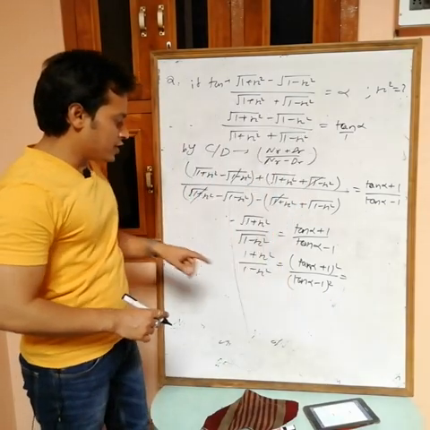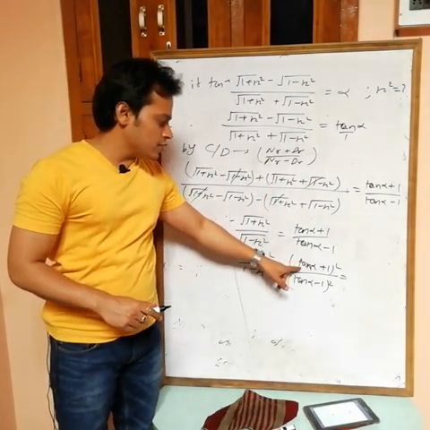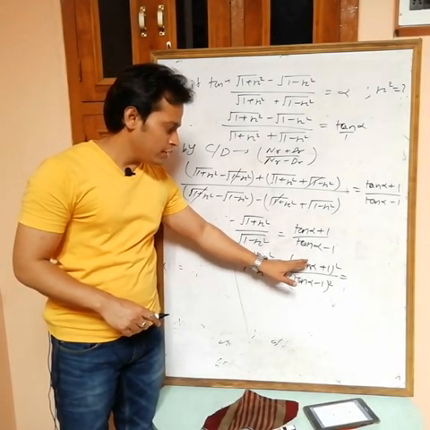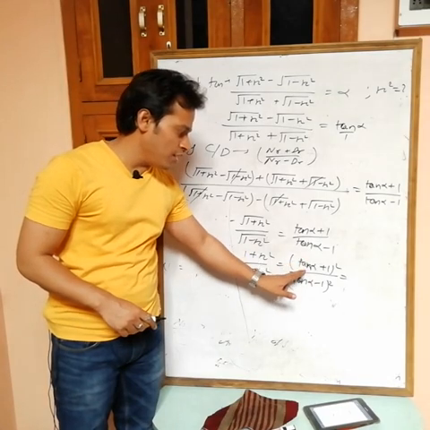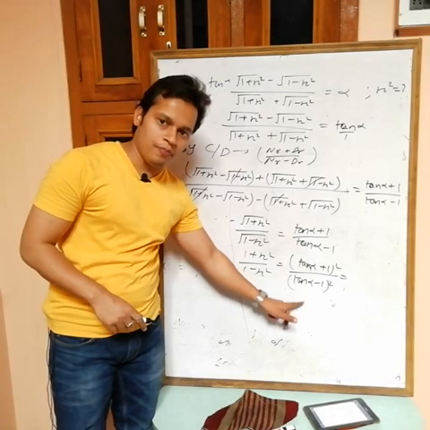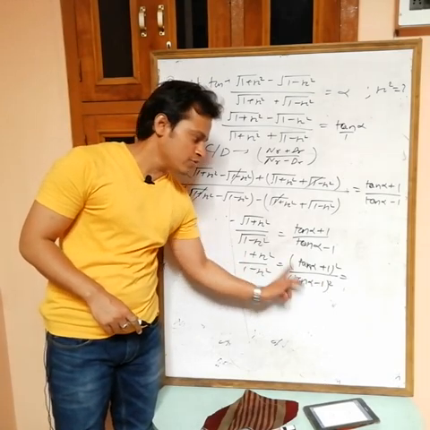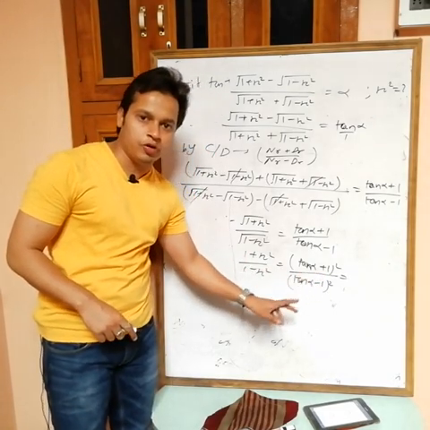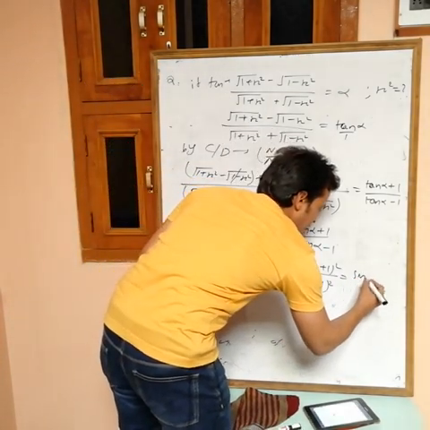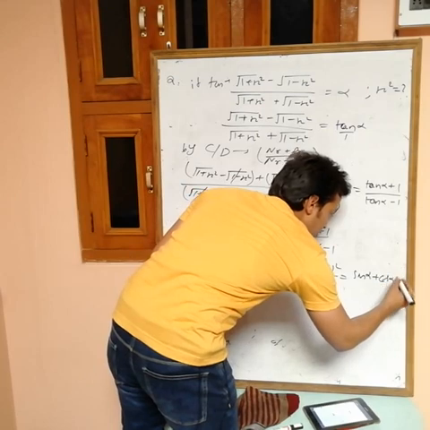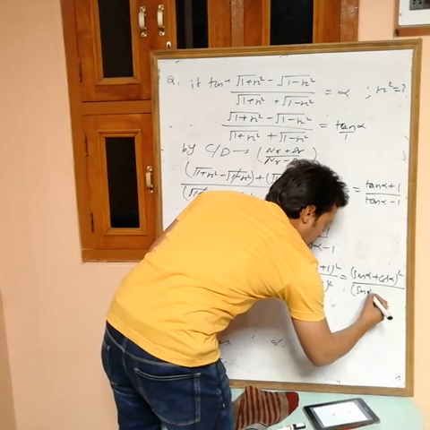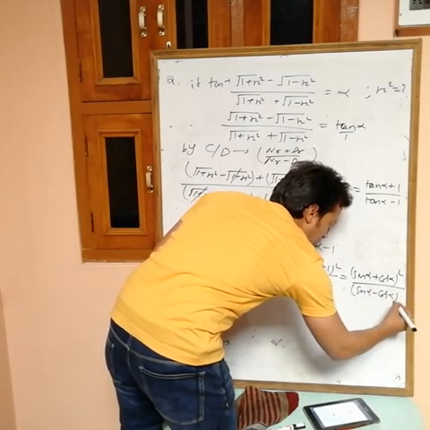Okay, now you want the value of x square. Now you can convert this in terms of sine and cos. Take LCM cos alpha: (sin alpha plus cos alpha) by cos alpha, and (sin alpha minus cos alpha) by cos alpha. Cos square alpha will be cancelled out in numerator and denominator both. So in numerator you will get (sin alpha plus cos alpha) whole square, and in denominator you will get (sin alpha minus cos alpha) whole square.